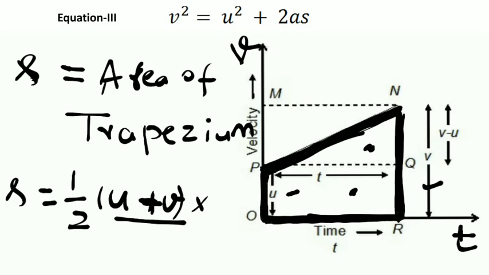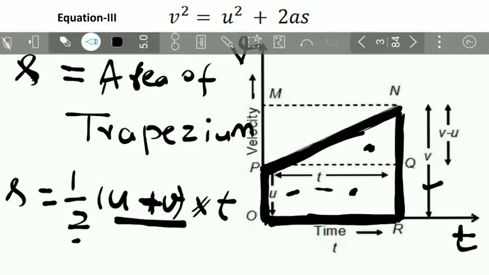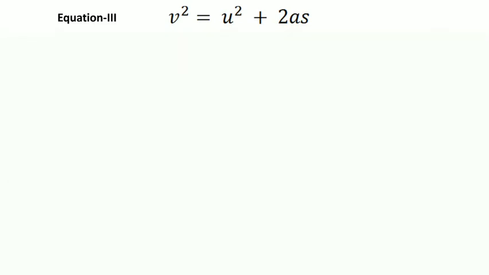The area of a trapezium is half the sum of parallel sides into the distance between the parallel sides. The distance between these two parallel sides is t. So put here t. So we have s is equal to half u plus v